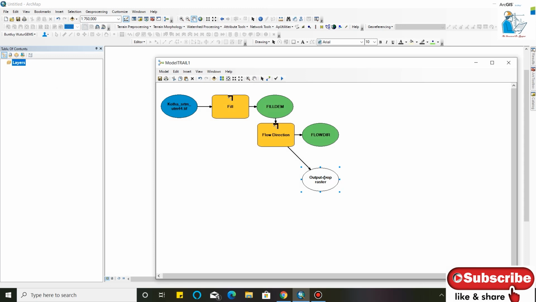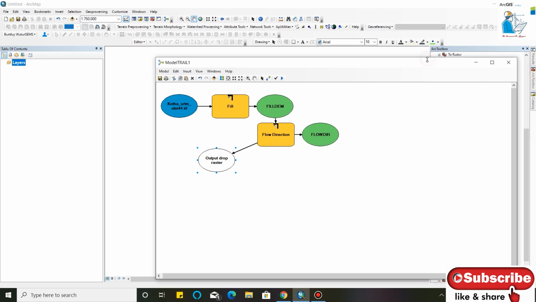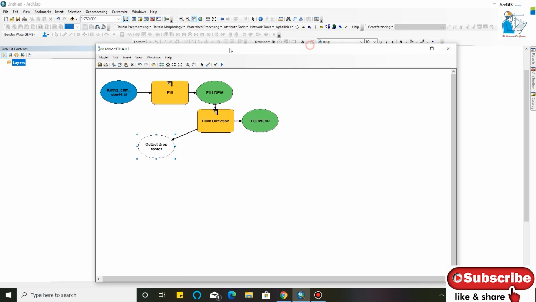This is your output drop raster. I will not fill the output drop raster, because we have no use for it.